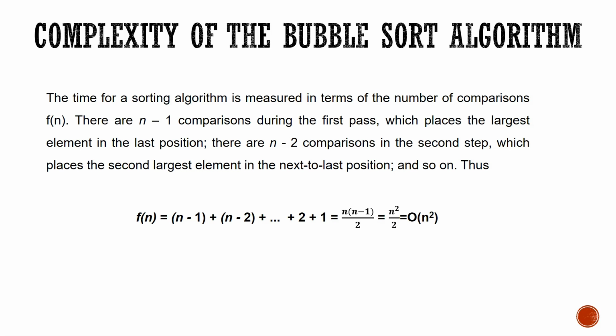So if you go with your mathematics of this one, this can be written as n into n minus 1 by 2. So if you go for expanding this one, n square minus n divided by 2, which is obviously less than n square, which is obviously less than big O of n square. That is your complexity for arranging the elements using bubble sort, a big O of n square.